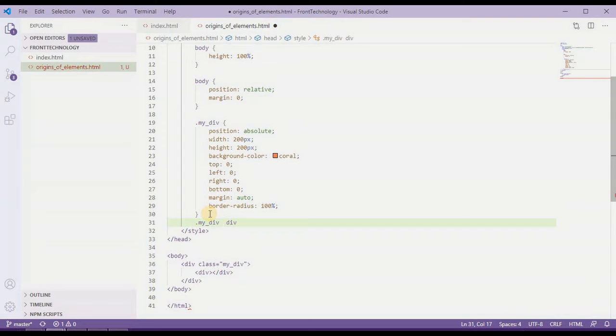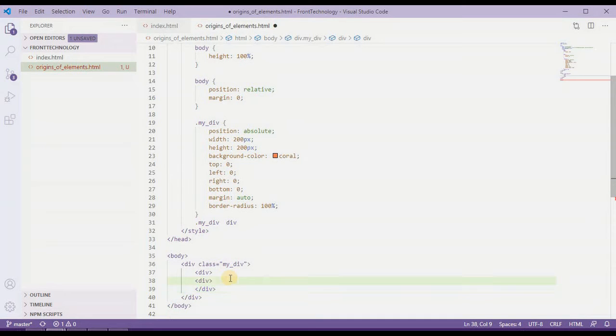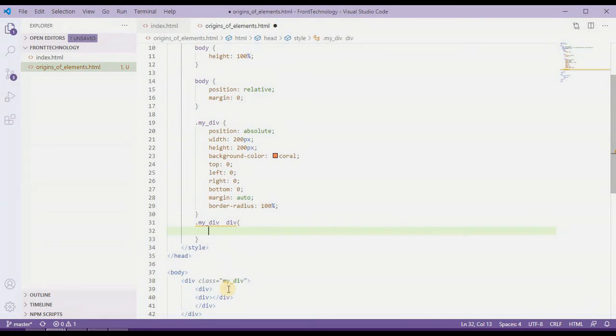If space, it means all the div elements inside this div element, like if you have other div elements inside that child, it will also take those div elements and provide the values we are providing in this area.